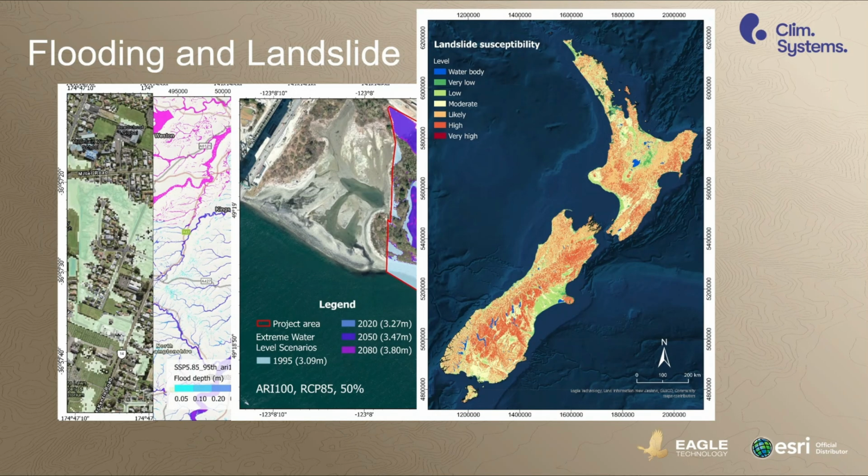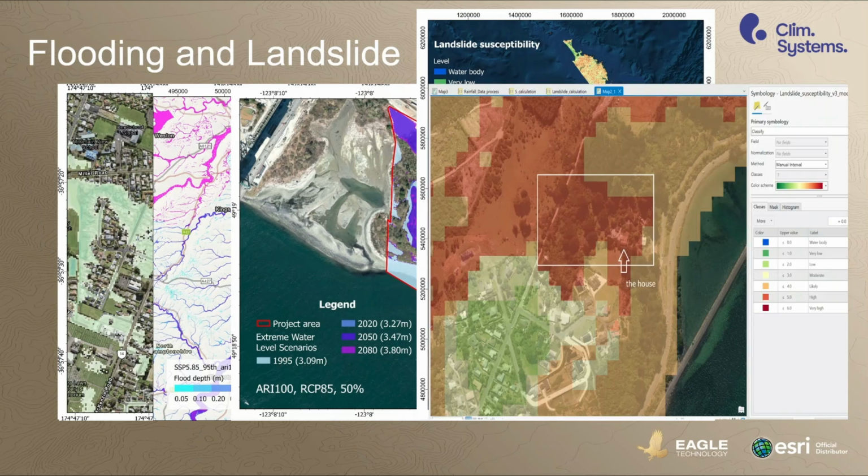And like the flooding that I showed previously, we also like to look at extreme events that have occurred. In the case of Dunedin of some months ago, there was quite an extreme rainfall event and some landslides occurred. One of them was quite prominent in the news, and it's easy for us to locate where that place was with the aerial photography that had been done. And we checked our susceptibility maps in our landslide database, and it captured that risk quite well, in this case